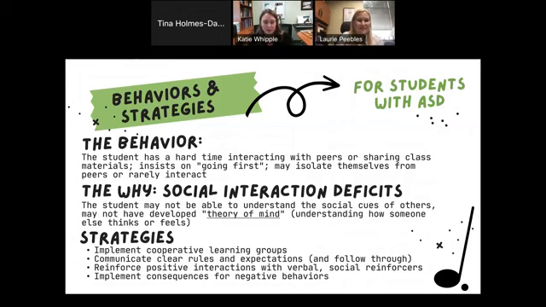And then, of course, we need to also have some consequences for negative behaviors and really follow through with those things. So if the student's not supposed to be snatching an instrument from someone else and they do, what is that consequence? So making sure it's clear and then following through with that. But the next thing that I want to talk about when we're talking about social interaction deficits is this idea